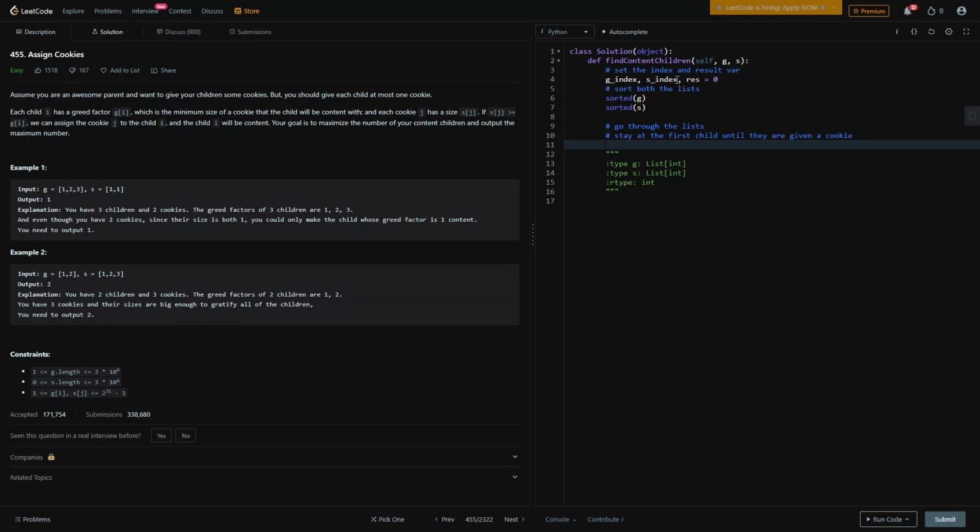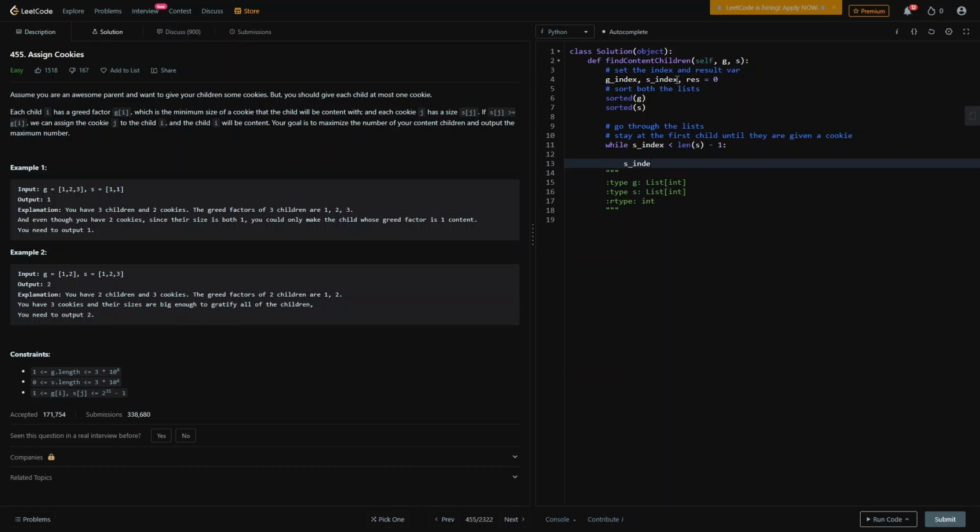So I think what we can do actually, since it's sorted, is start at the first child. So we can say if, or no, while, but we want to go through all the cookies. So since the cookies are sorted too, so long as there are still elements in the cookie array, we can loop. So I'm going to say while s index is less than len s minus 1,